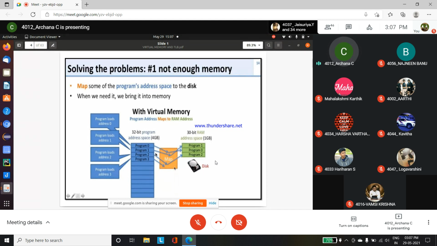Here the memory management unit concept is used. Program 0 is the oldest program, so it is transferred to the disk, and after that, in the space of program 0, program 3 will be placed.